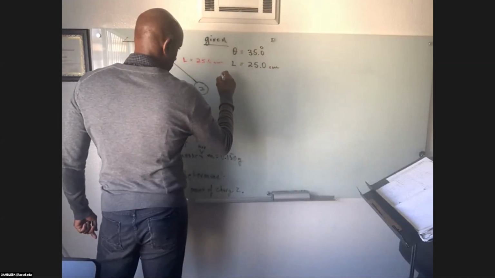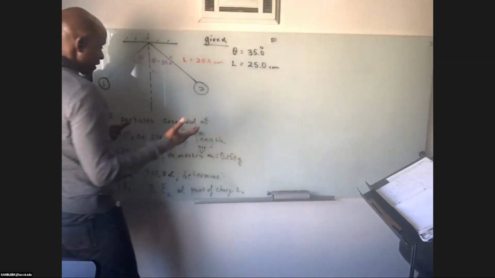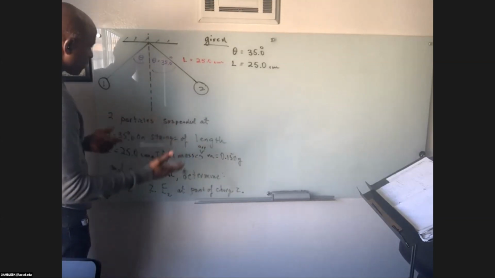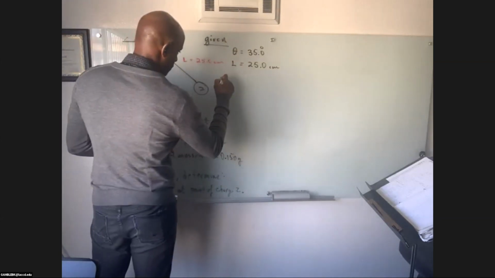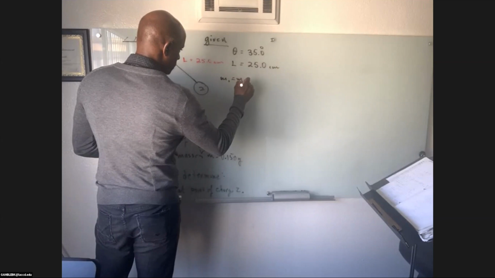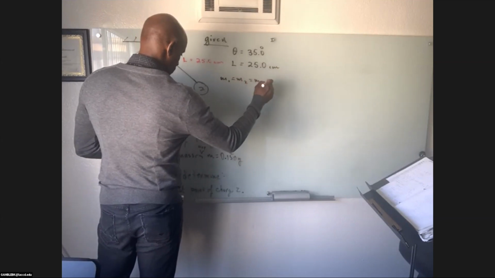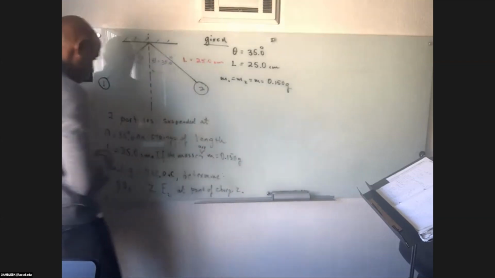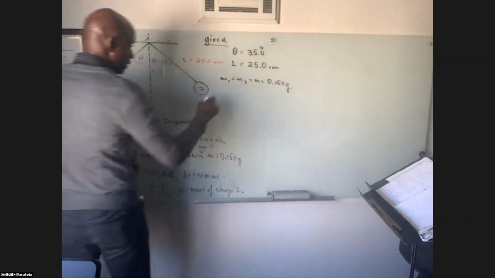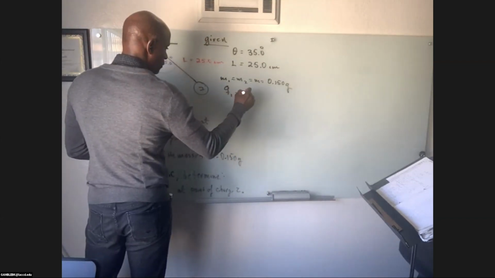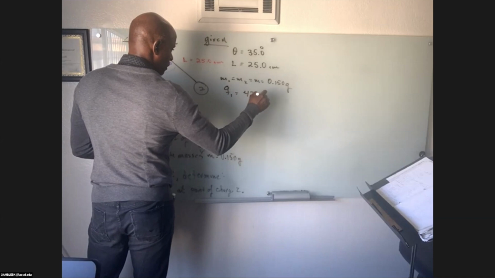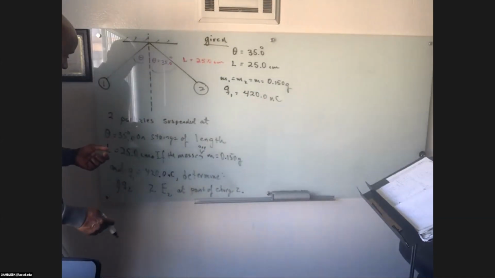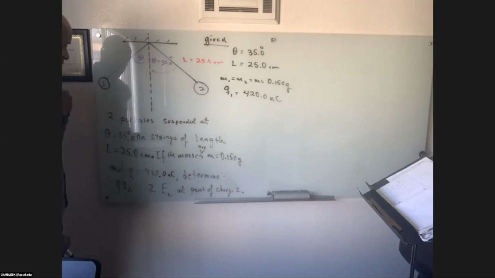And one thing is implicit, since I said the masses of both balls are the same. So M1 equals M2 equals M equals 0.150 grams. And Q1 equals 420.0 nanocoulombs. One thing is that you might say,